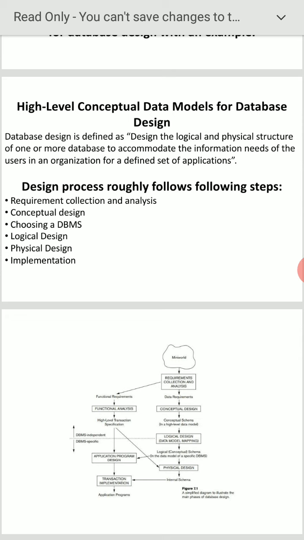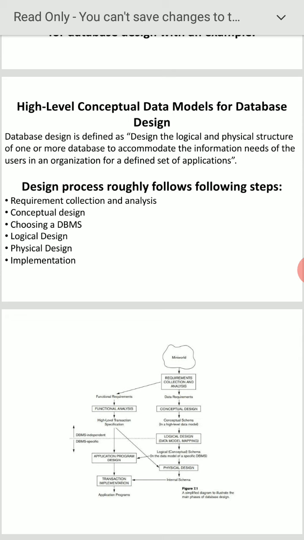Here requirement analysis is linked with the functional requirements. There is function analysis and high level transaction specification, which is directly linked with the physical design. There is DBMS independent and DBMS specific. After that application program design, transaction implementation, application programs.